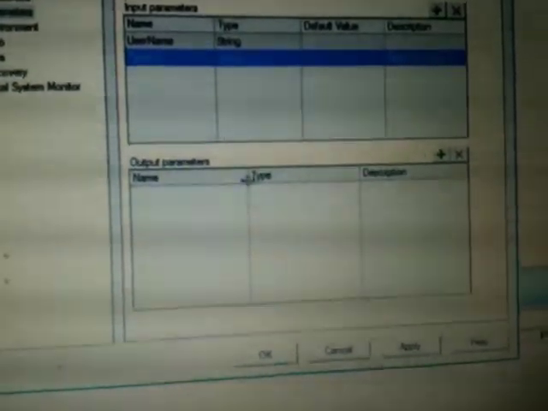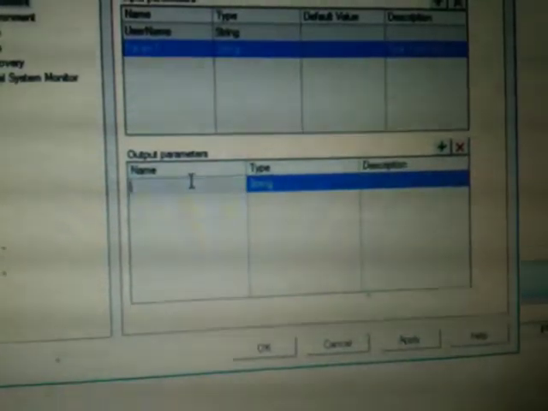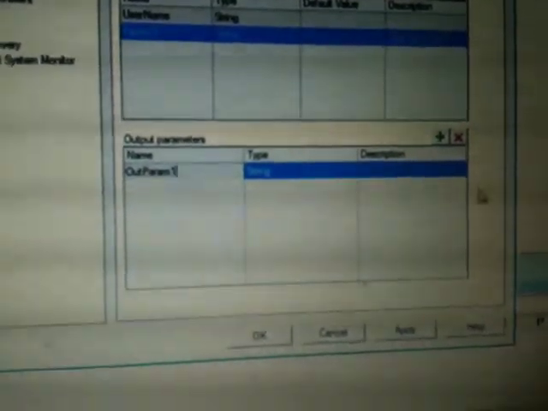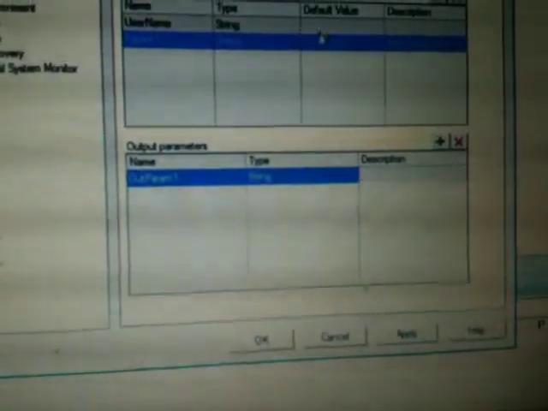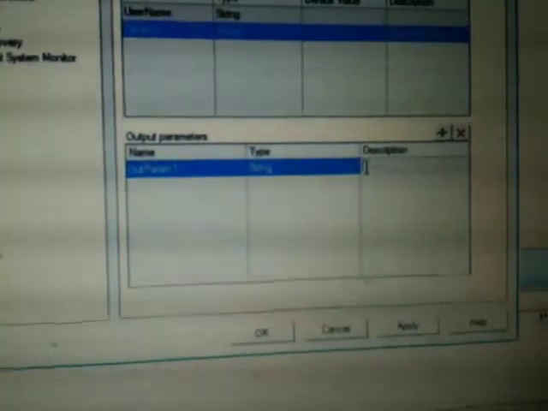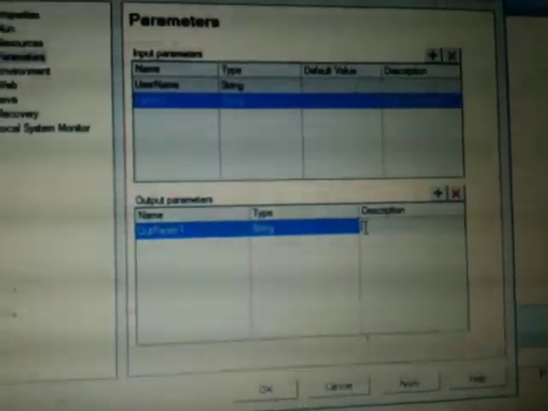You can also give an input value. You can actually collect the value somewhere else. Okay, so we can actually give an output value. So it will not have any default value because we are not passing on anything. We are not actually using any values. We are actually trying to collect some value in an output parameter.